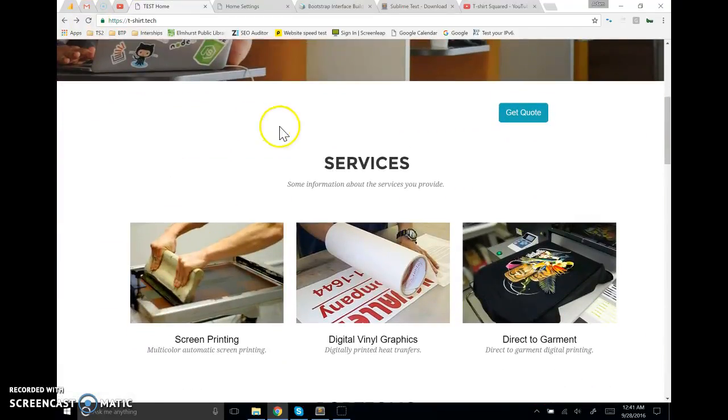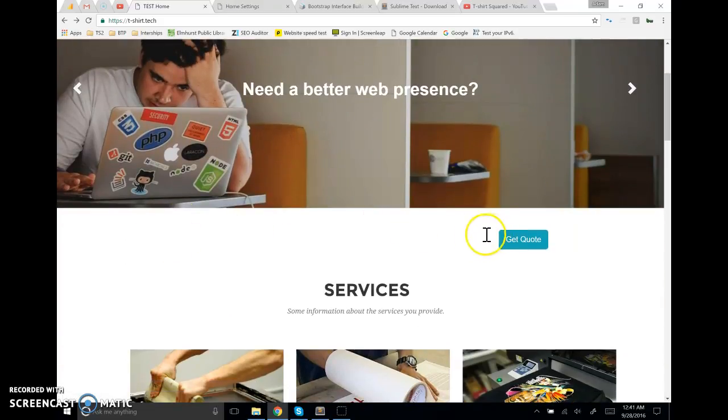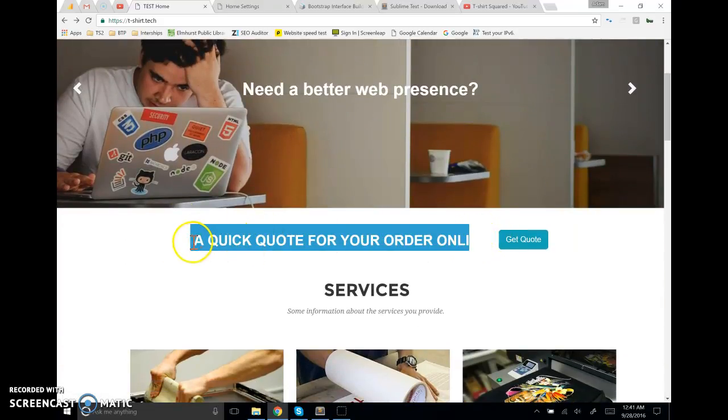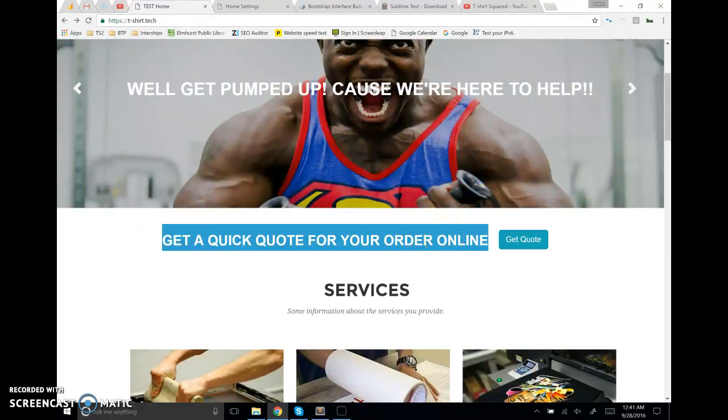Okay, so now here we've got our carousel or our slider. We've got the get quote. We will work on this so you can see it. You can see where the text is there. As a matter of fact,